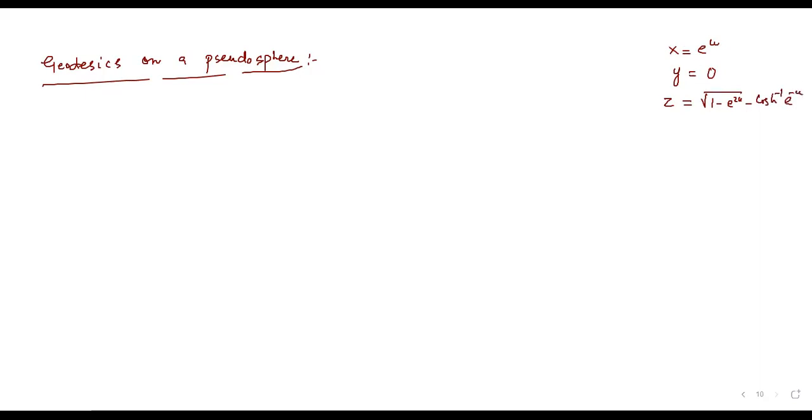So this is what we will have. और इसकी profile curve ये है, which means जो इसकी equation होगी, so this is my h of u, this is my f of u, जो ना अपनी surface of revolution होगी. So geodesics on the pseudosphere would be given by